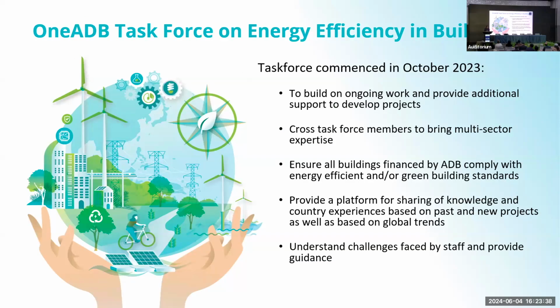Lastly, 45 seconds. I'm trying to stick to the time. But we have really committed to moving forward with energy efficiency. So the senior management has established a 1ADB task force, which is jointly led by David and me. And this is really to build on the ongoing work, which I've very shortly showcased, but really trying to understand also how we can embed this thinking and mainstream energy efficiency in any sector that we are working in, whether